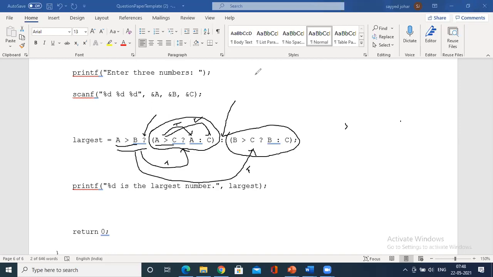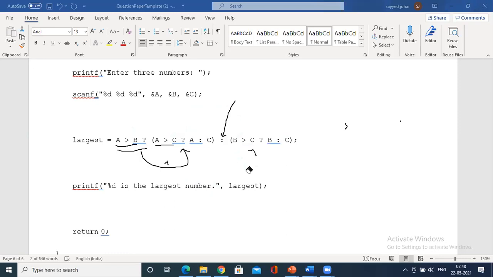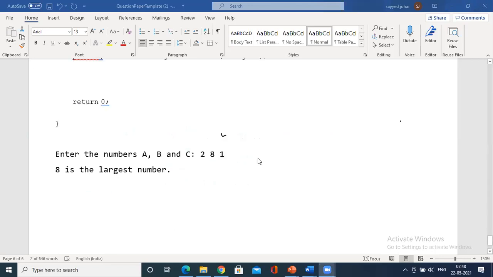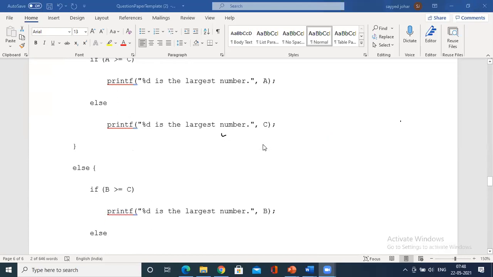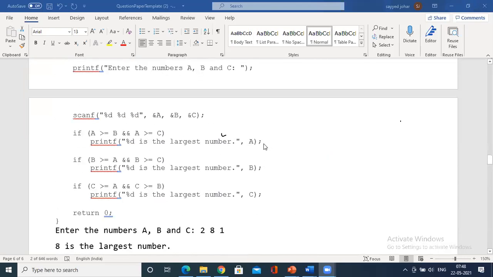So let me proceed further. Hopefully you have followed it. So no need to explain again and again. Right now, let me go to the next concept. This is to find the biggest of three numbers. So now one more program, if you are attentive, before I go to the pyramid program.